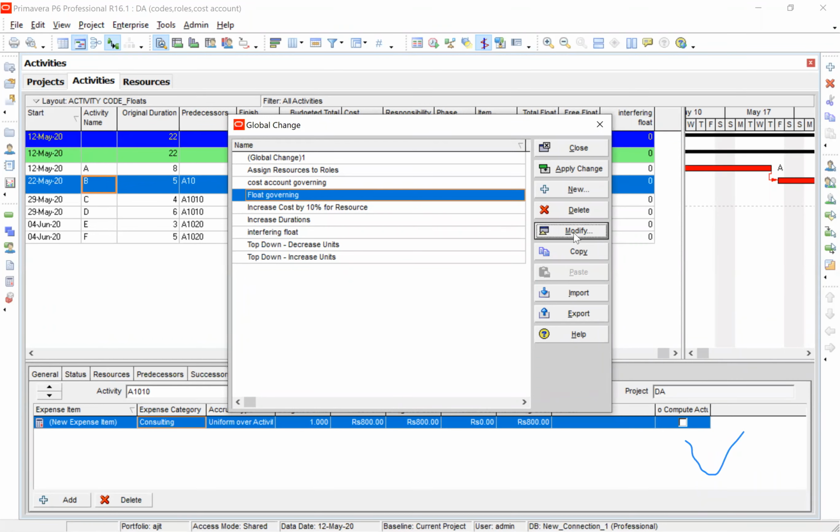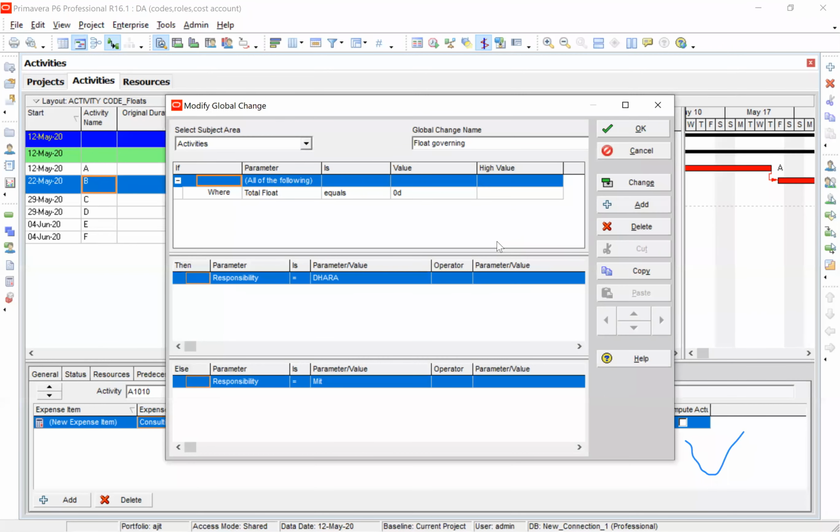Now here I'm showing you this. I say that if total float is 0, if the activity is critical, then the responsibility is Dara, or else Smith. So you can change the responsibility by global change also.